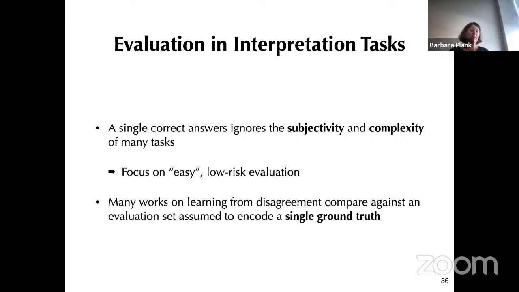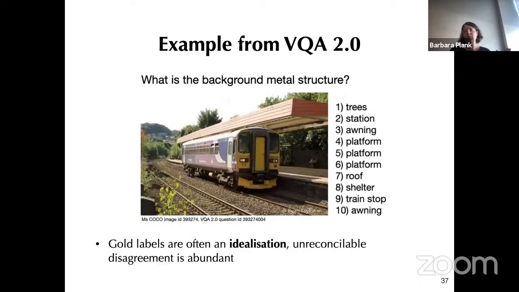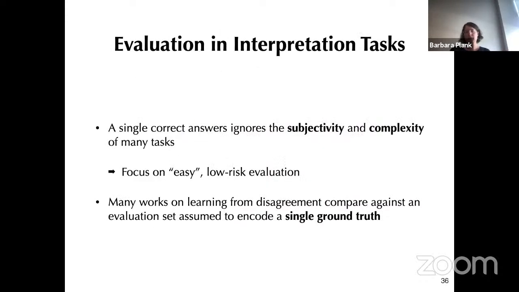We very much like evaluation metrics which are easy and understandable, and there's low risk of getting evaluation wrong, which is fine, right? But it neglects the fact that we have these disagreements. We have seen in the first part that they are inherent, and we often don't make use of them and don't look at them. In fact, even works on learning from disagreement, including my own, have often still assumed a single ground truth in evaluation. So there is something to be done in this direction.